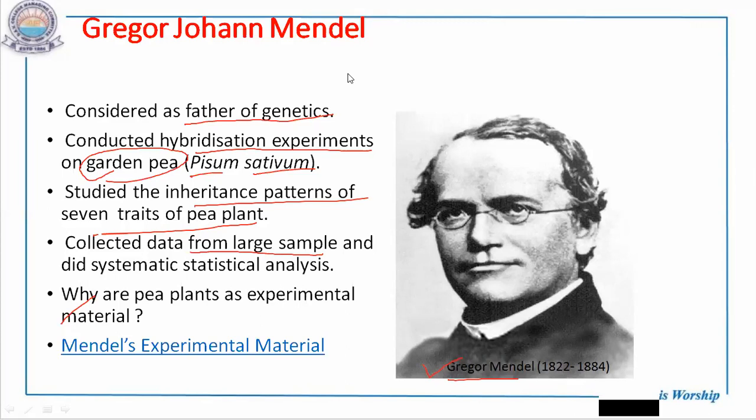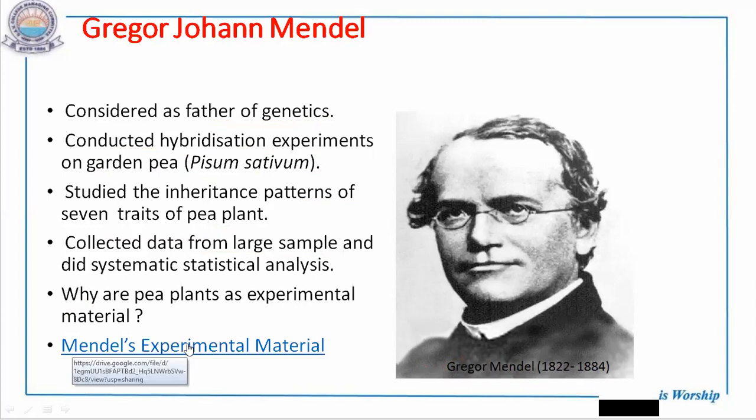Okay. So what I was saying is, why Mendel choose this pea plant for his experiment? Can anybody answer? Okay, Vishnupriya, tell. Ma'am, because plants were bisexual. Only that is the reason? So what will happen if a plant is bisexual? What do you think? They easily grow. They easily grow where?